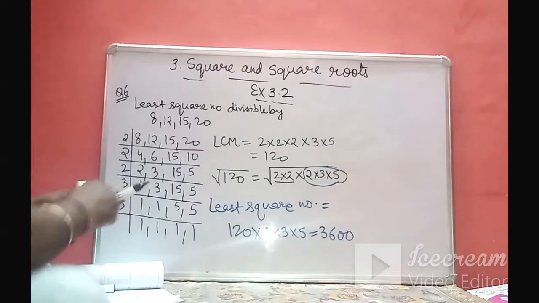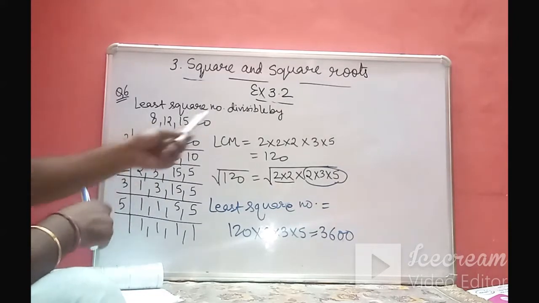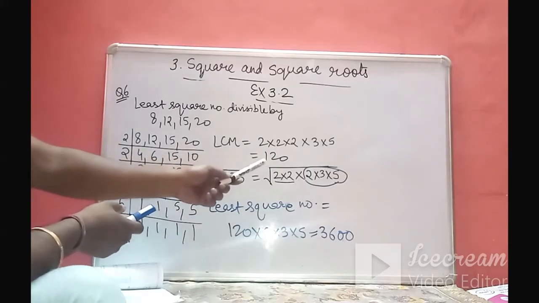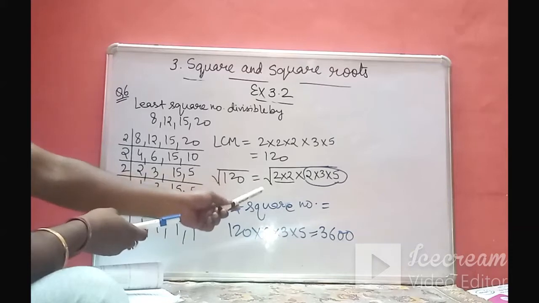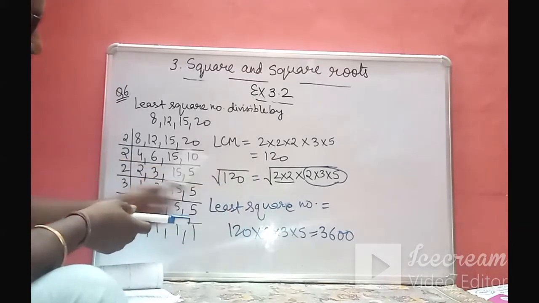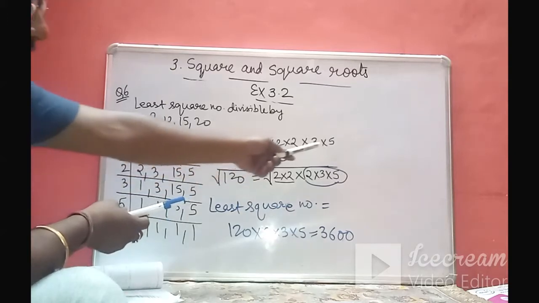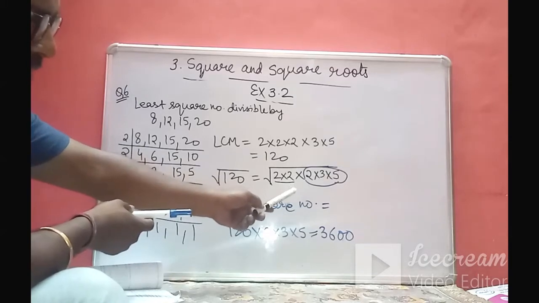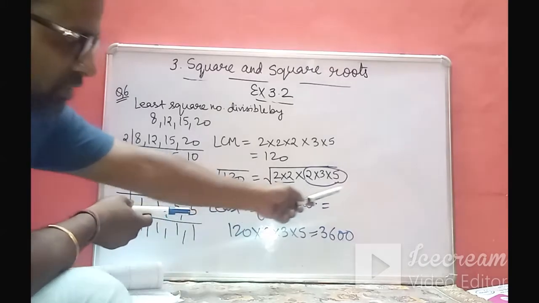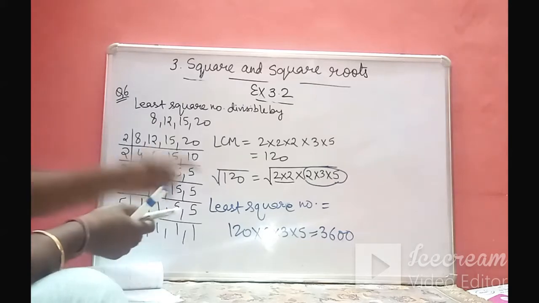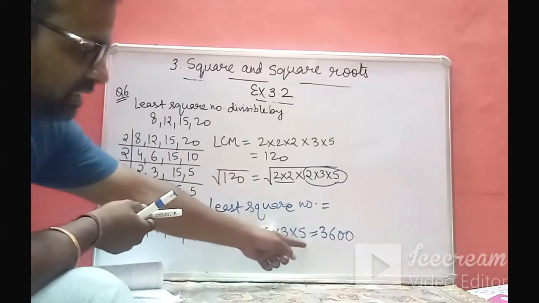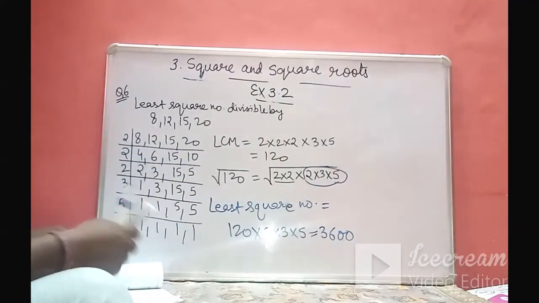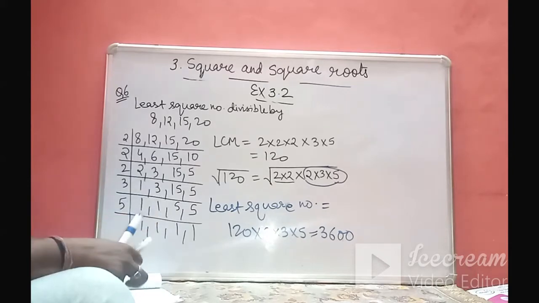So in questions like this, in which you have to find the least square number divisible by the given numbers, first you will find the LCM, then you will see whether that LCM is a perfect square or not. Since it is not a perfect square, don't do the prime factorization again because it is already there. Don't waste the time. Now see here, we will check the pairs. Only one pair was there. So we will multiply this LCM by these three numbers which are not having the pair. So we got the least square number divisible by these four numbers.